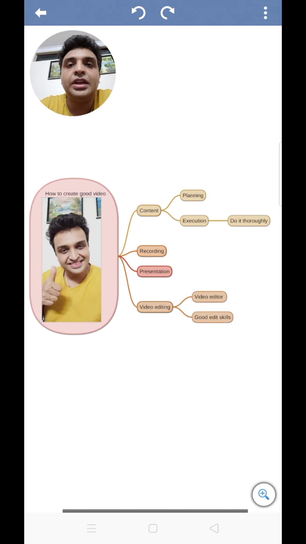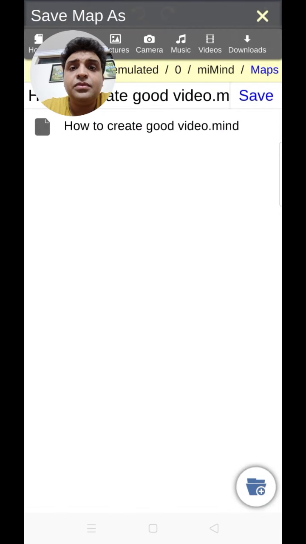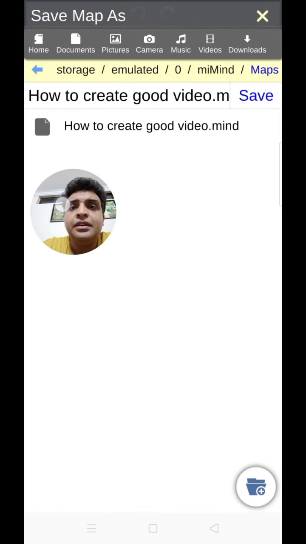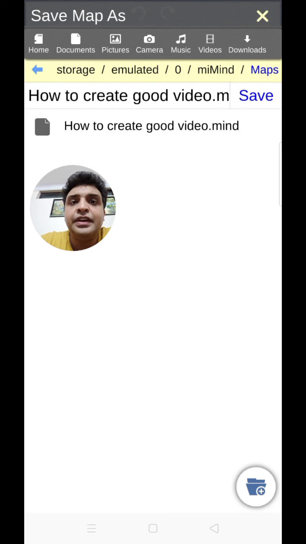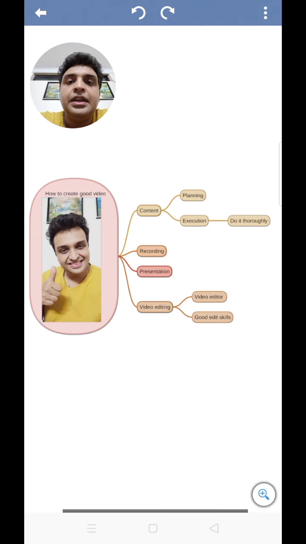So just have a look and give it a try, and in case you want to save it, just click here and then save as and export. Okay, save as. It will save the file onto your documents. You can also download the file onto your system here. From here click on save, right? And that will save the mind map file. If you don't want to keep it here, you can download it and send it via email. So that's how you create your mind maps, and it's that easy.